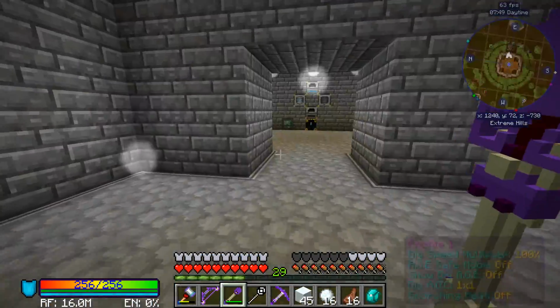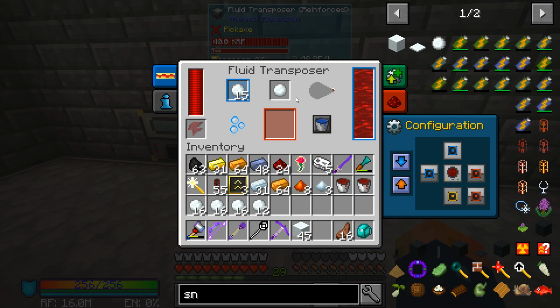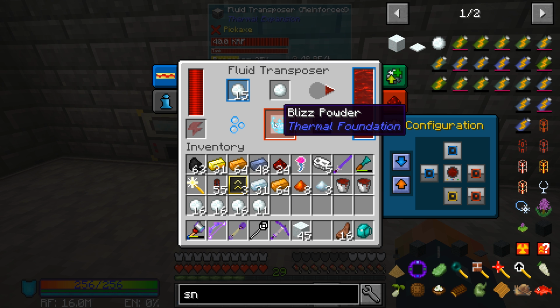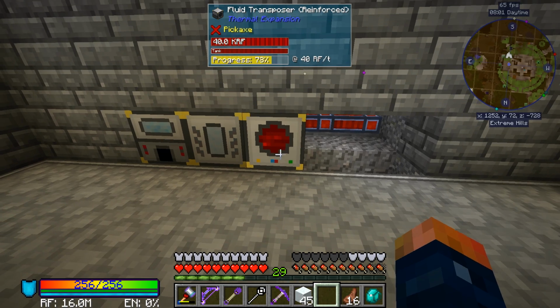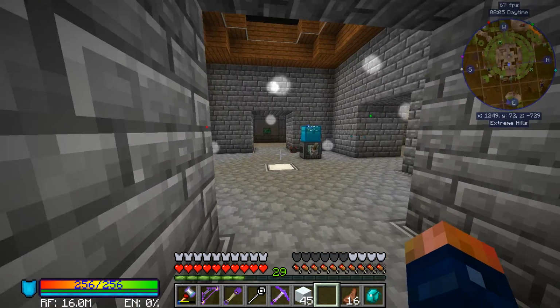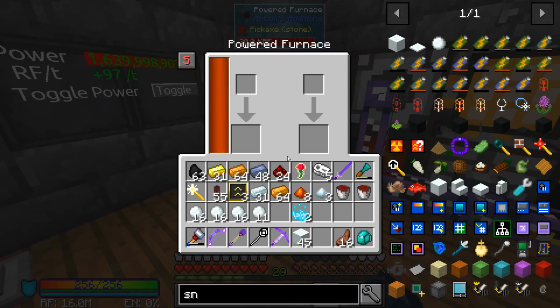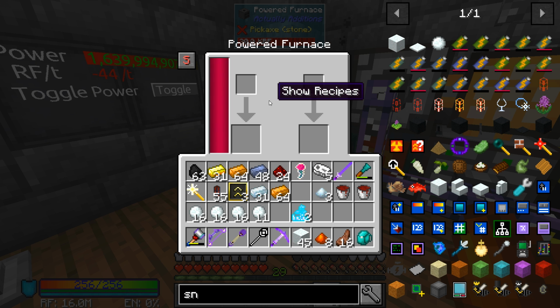Perfect. Alright, so let's go ahead and get this snow converted. So there we go. We put that in there. It's going to fill up. And we're going to get this blizz powder. I'm hoping to get enough so I can make those few processes just a little bit faster. And there we go. Also with this Signalium blend, we're going to need to...